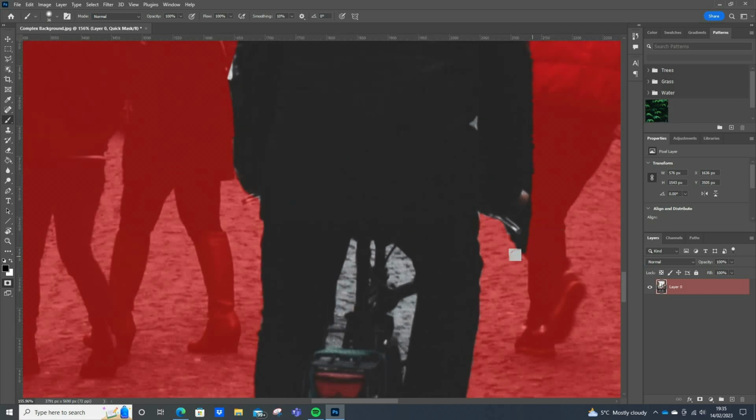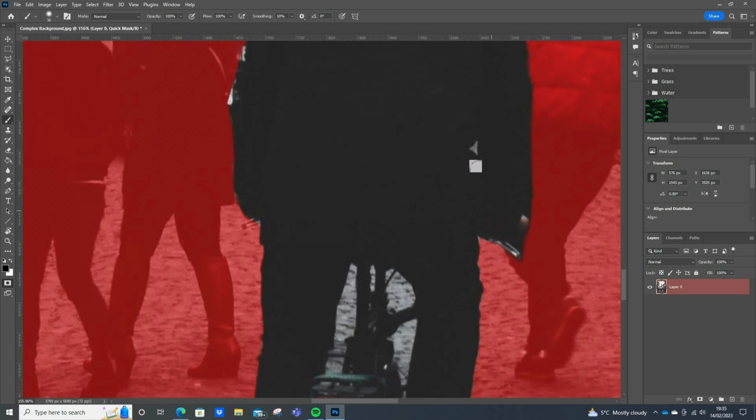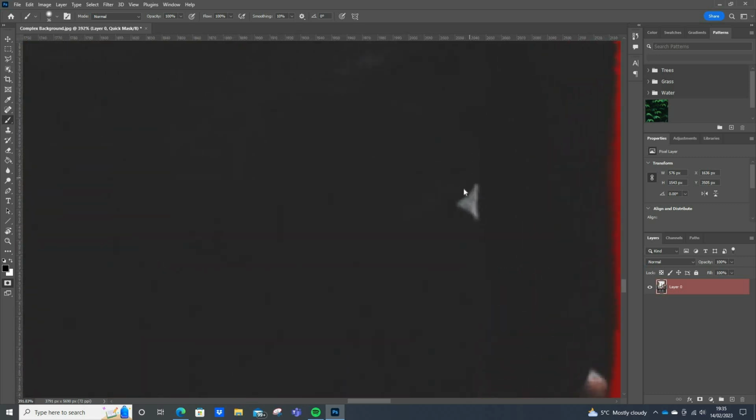Now obviously bits like this are quite tricky because it's hard to see what's going on. It's hard to know which bits are part of the image, or which parts are like background stuff. So I'm just going to rush this bit here because it's only a practice. And to be fair,